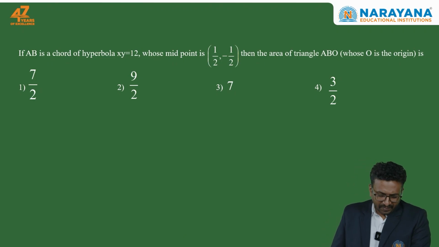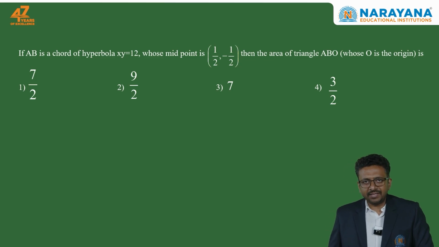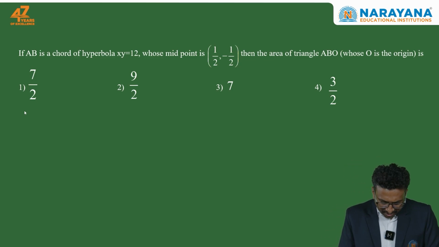Look at this question. If AB is a chord of the hyperbola xy = 12, whose midpoint is (1/2, -1/2), then the area of triangle ABO is equal to what? This is a question from hyperbola. First, let us try to